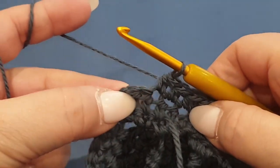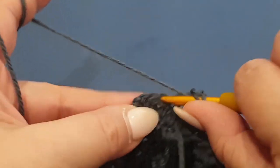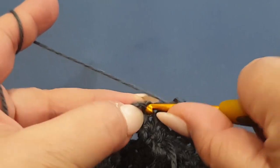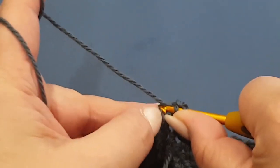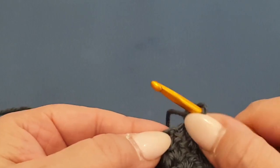All right, so here we are at the end of the row. I've got 3 stitches left. Sorry guys, I didn't finish those. 1, 2, right there, and your top of your chains, and hopefully yours are not as tight as mine. Okay,